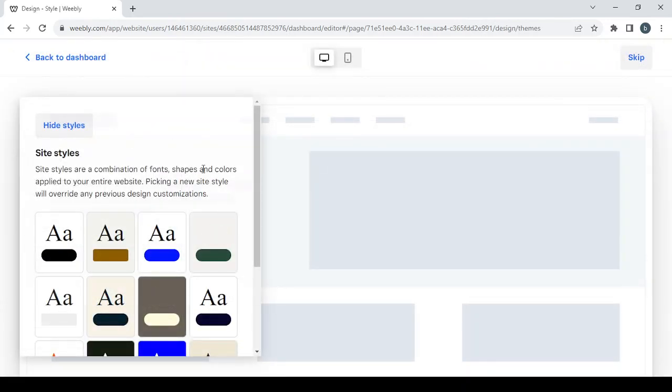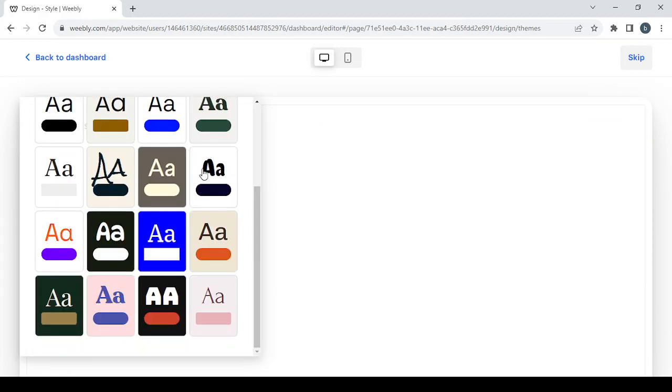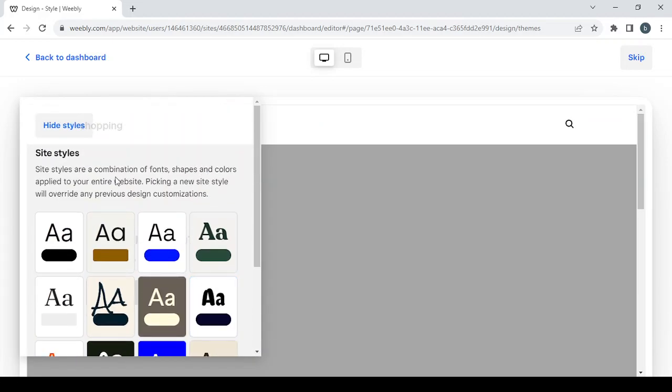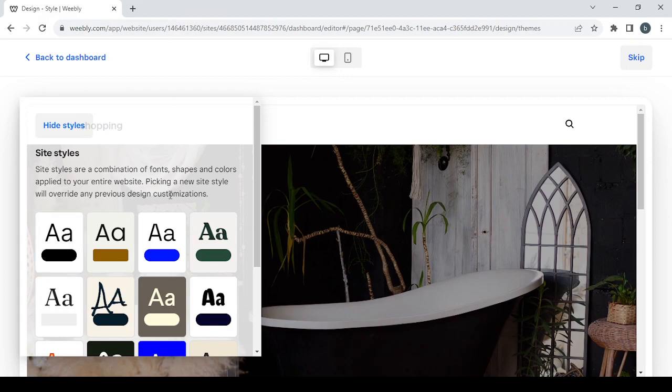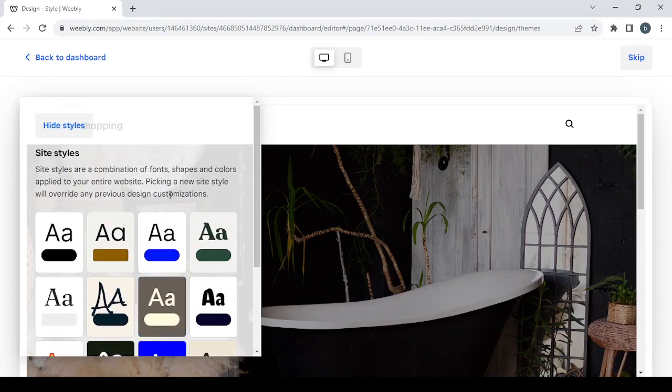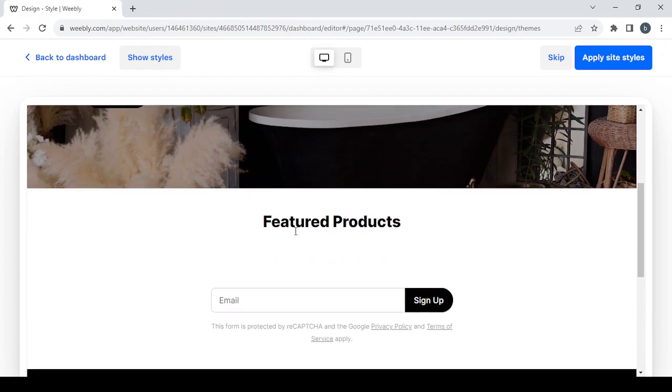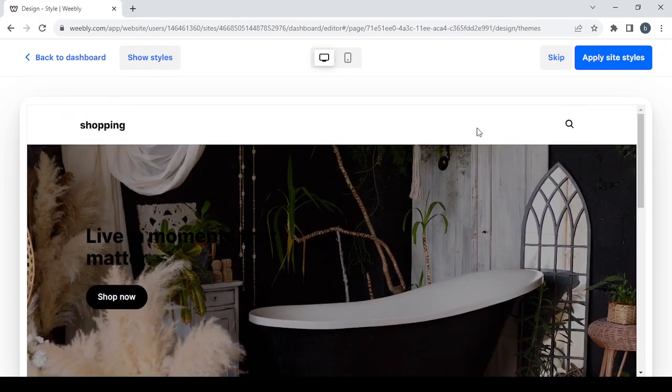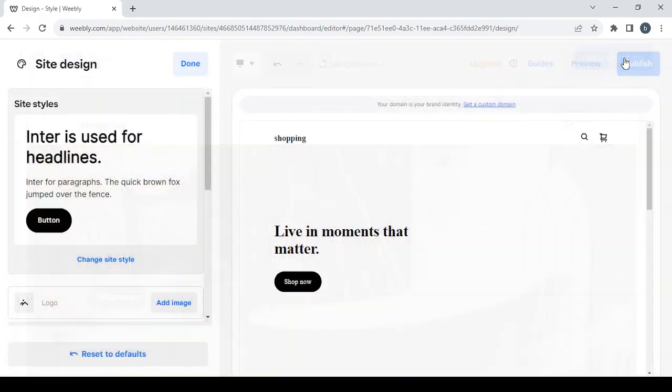And the first thing you need to do is choosing the style of your site. So here just choose the one that fits you. You can always change the style later, so it doesn't matter the one you choose now. So I'm just going to choose the first one, which is pretty basic. Then you click on hide styles to see if it fits your store, and then click on apply site styles,